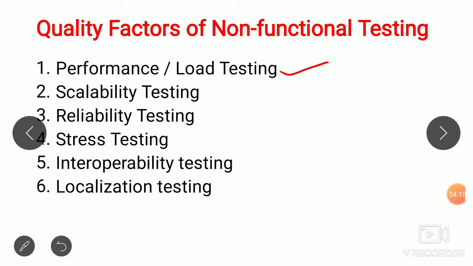These are two different competitive products. Gmail, Rediff mail, like this we can compare different types of products, or you can compare different versions of the same product. JDK 1.7, JDK 1.8, JDK 1.3. These are the same product but different versions. Like this you can compare the different products and evaluate the time taken or response time of the product. This is called performance or load testing.